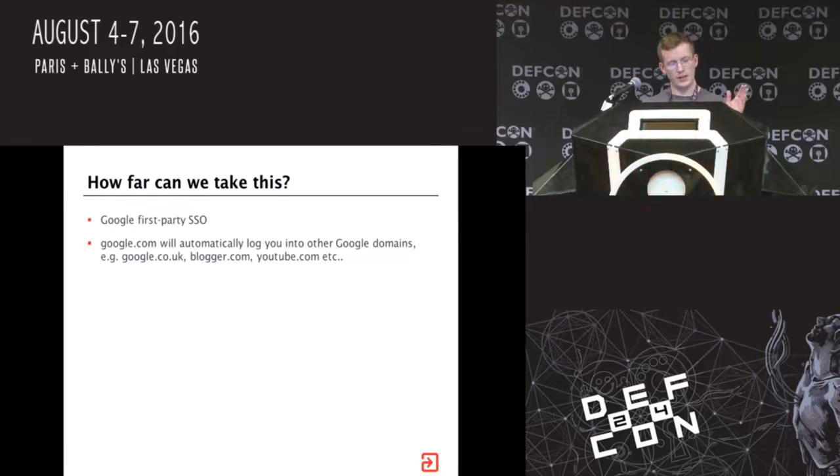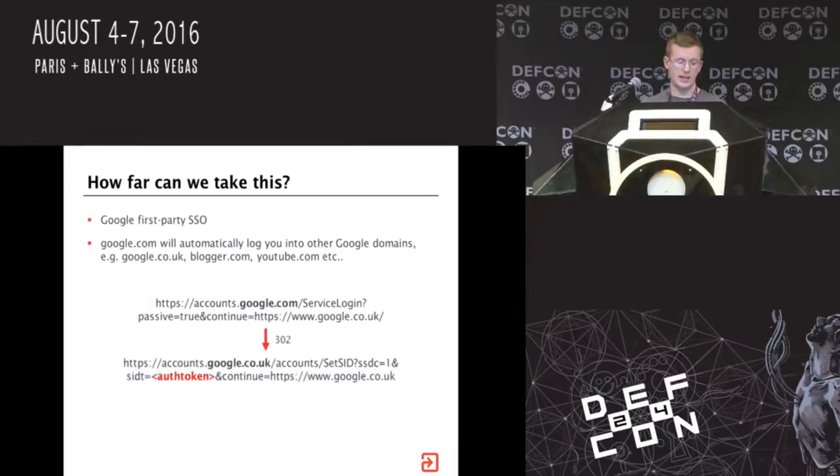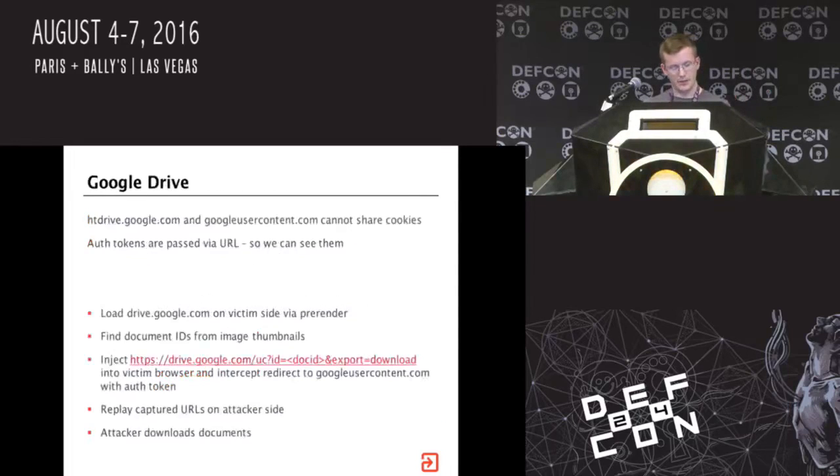So say google.co.uk will ask the main site for an auth token, and it will use a 302 redirect. So we can steal that. So like this. It will go to accounts.google.com, please log me into google.co.uk, and it will say, OK, you're logged in, that's fine. Here's a redirect, here's an auth token, and then it will go and set the cookies on the local site.